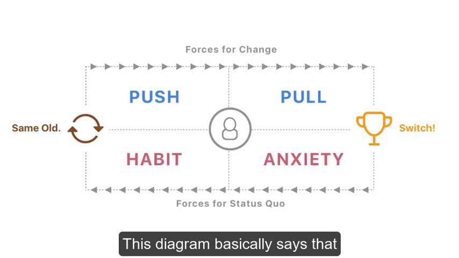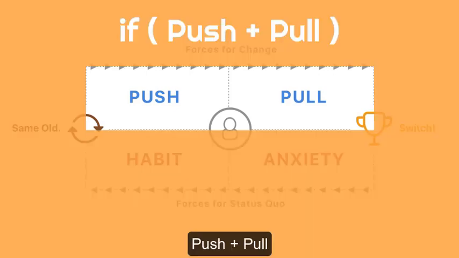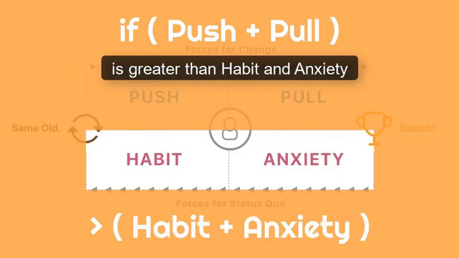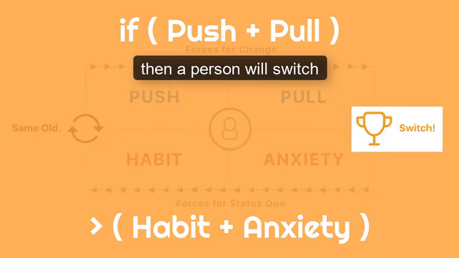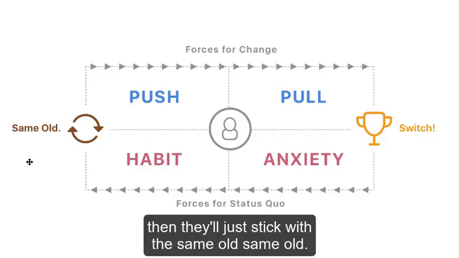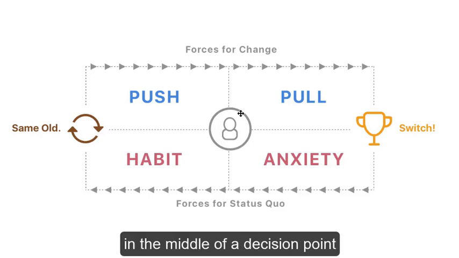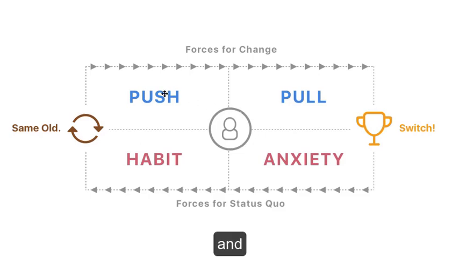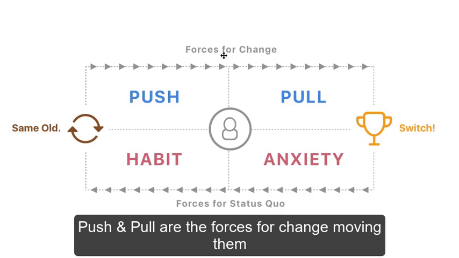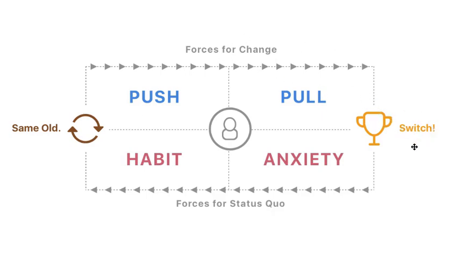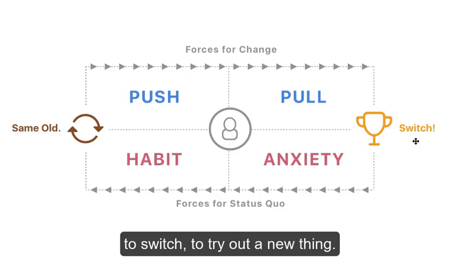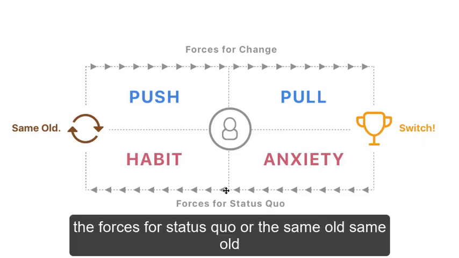This diagram basically says that if push plus pull is greater than habit and anxiety, then a person will switch over to some new behavior. And if not, then they'll just stick with the same old, same old. So you've got your customer or your user here in the middle of a decision point, and push and pull are these forces of change that are pushing or pulling them over to switch, to try out a new thing. Down here on the bottom, the forces for the status quo or the same old are habit